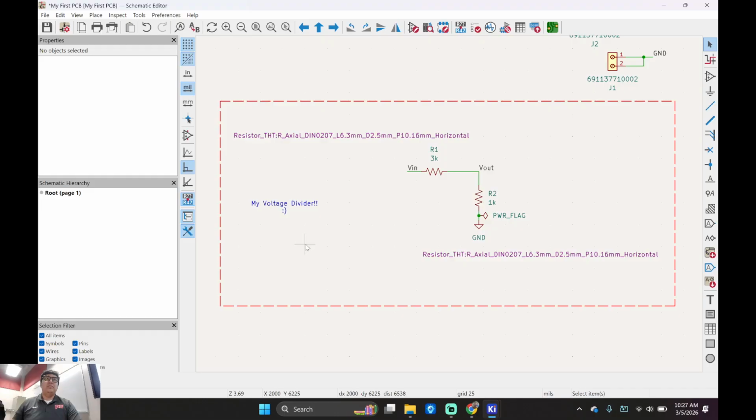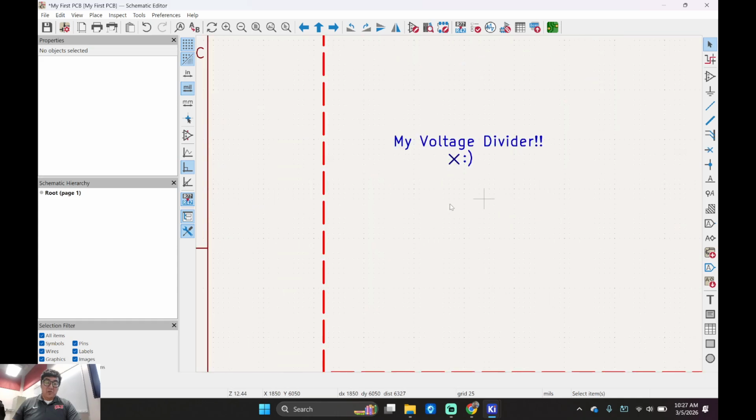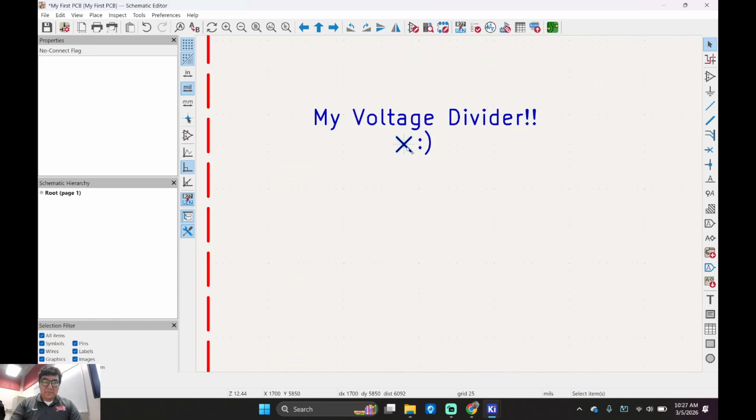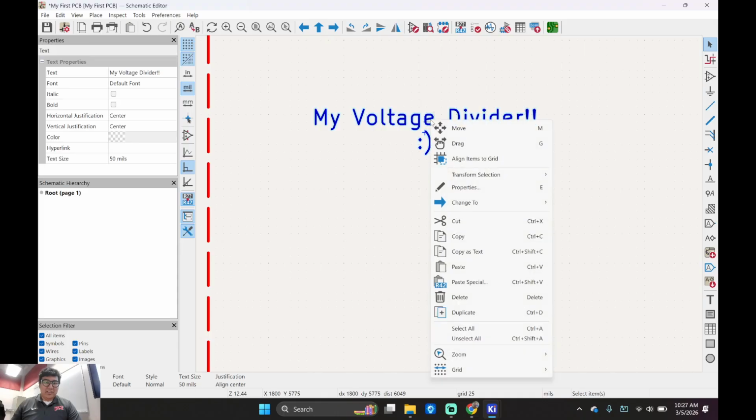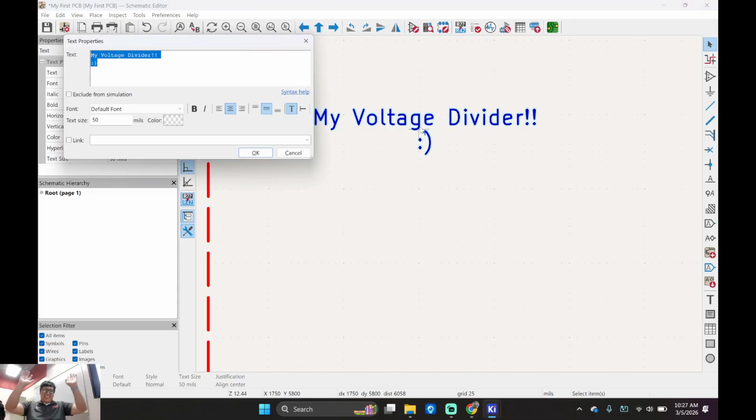Click. Cool? Or better yet, can I press Q? No, it won't let me. Oh, I didn't know you can do that. Q for no connect? Cool. How do I get to properties? Is there a shortcut? E. So if I click on this and press E. I like that. Okay. So let me make it thick like that. Let's make it 100 text size.